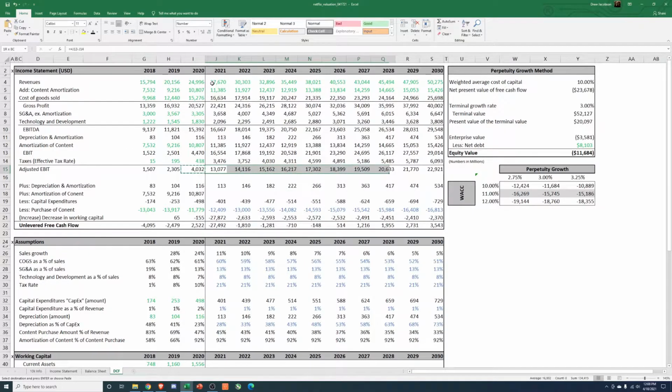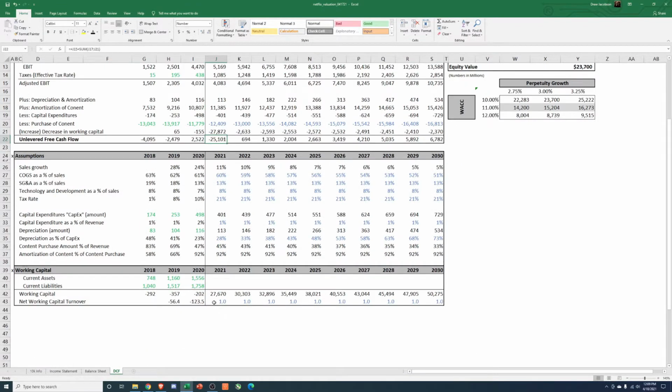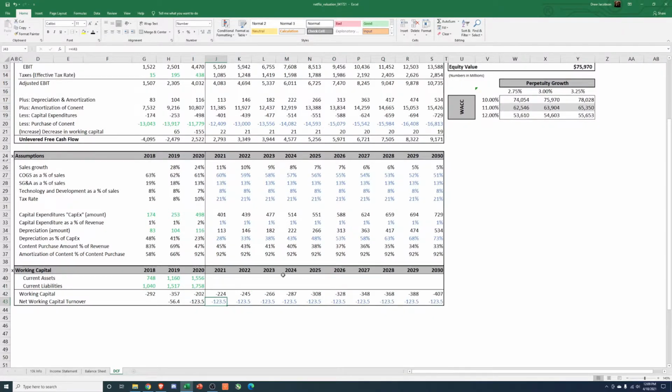Take this formula now. Let me make sure these formulas are all synced up. Yep. Okay. Amortization of content. And let's see, how does that turn out? Adjusted EBIT. Why is that so high? Because that's not the right formula. There we go. So most of that looks good until we see this piece, which we haven't adjusted yet. If we hold it constant, we're actually going to see pretty much nothing. So I think that's good.